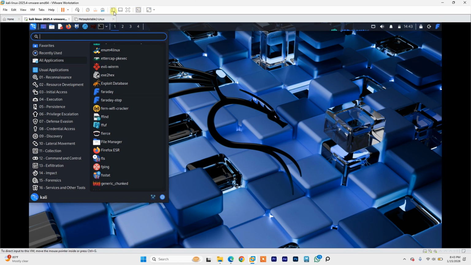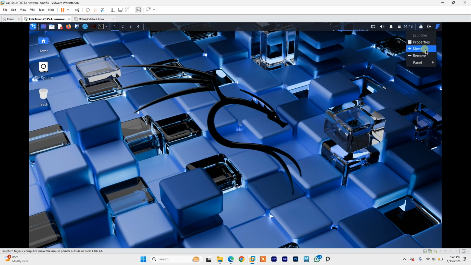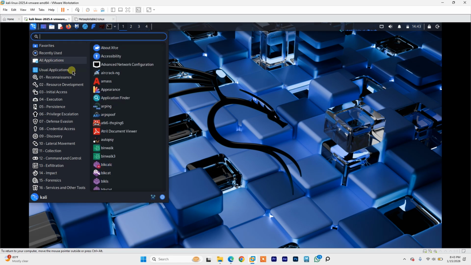So you see, when I break that, you can see the application here. And all you just need to do is right click, move, and it will allow you to move this application to wherever you want to place it, and you can just place it over. And you can do that for other applications,